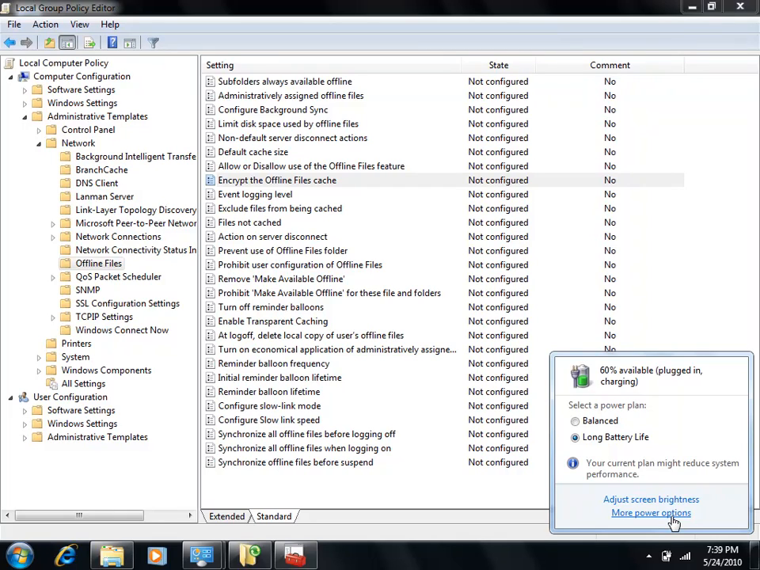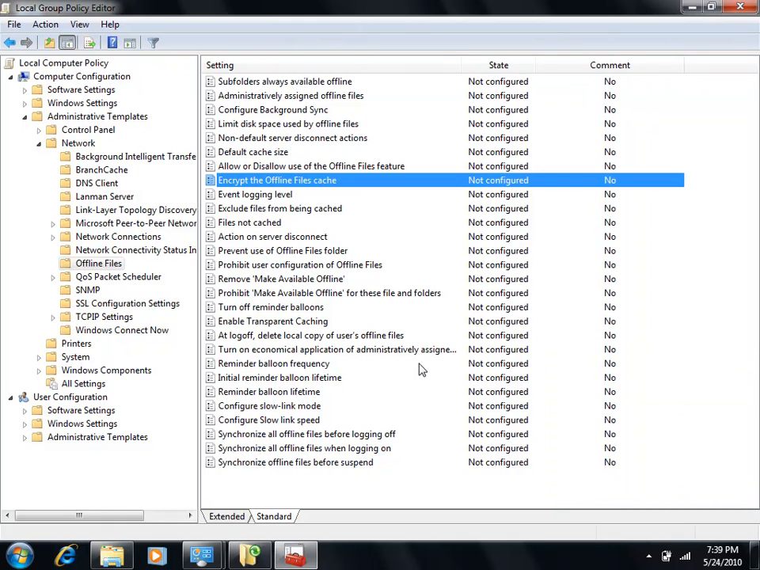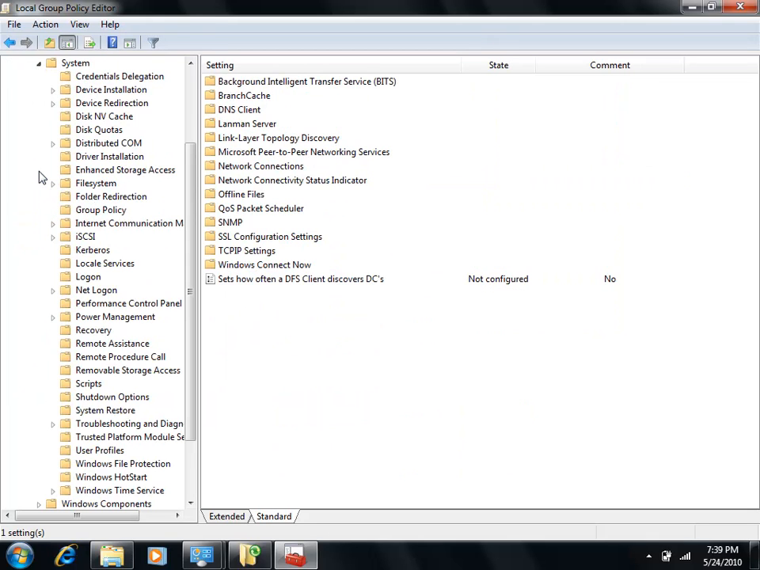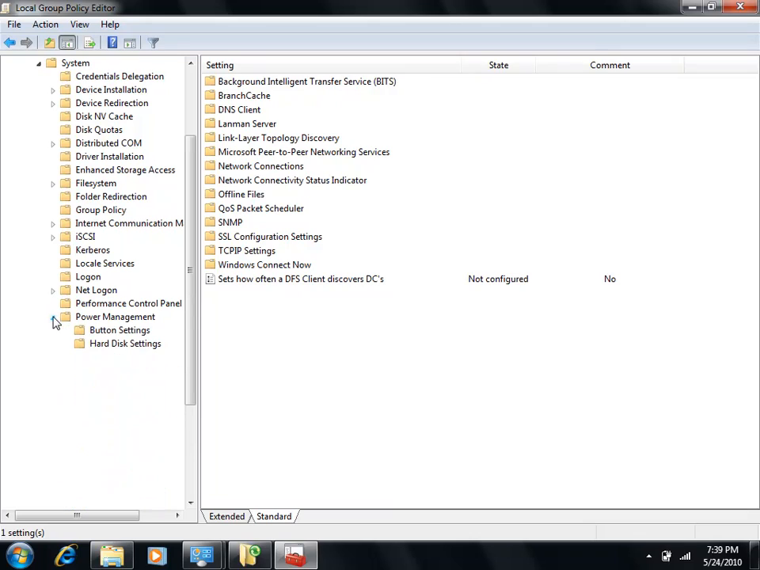Now the final thing I want to point out is the power management settings that are available back in Group Policy. So let's go back to our Group Policy editor, and underneath the computer configuration heading, we'll expand, which we already have, Administrative Templates. Now we'll expand System, and if we expand Power Management here,